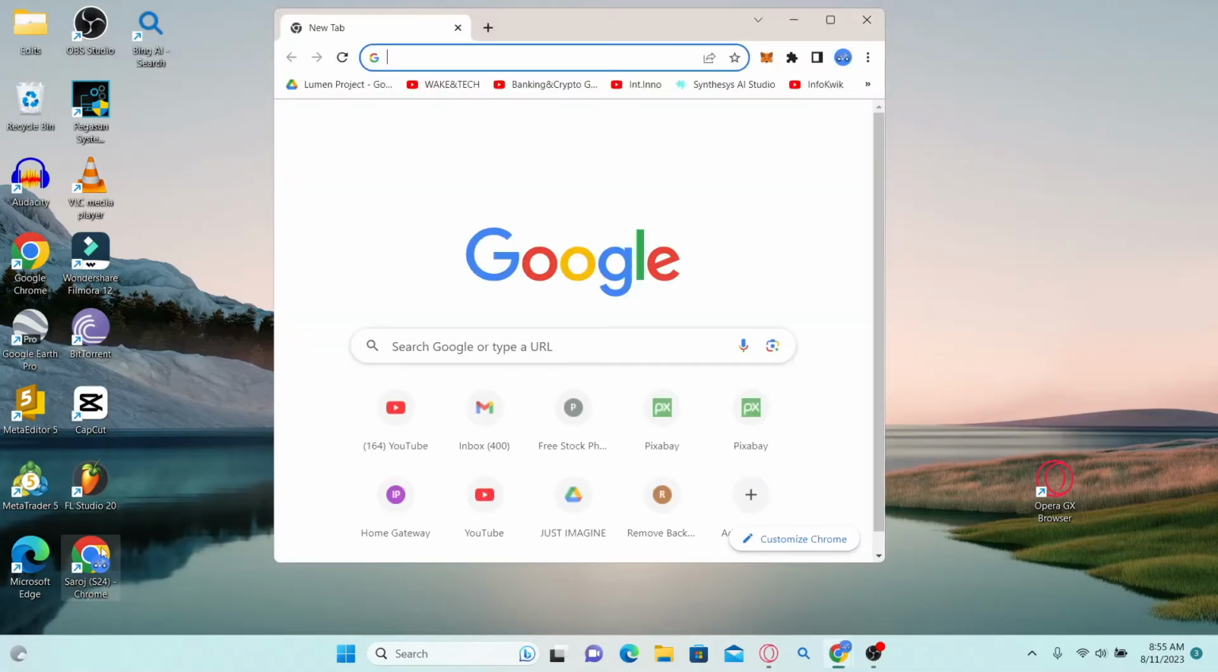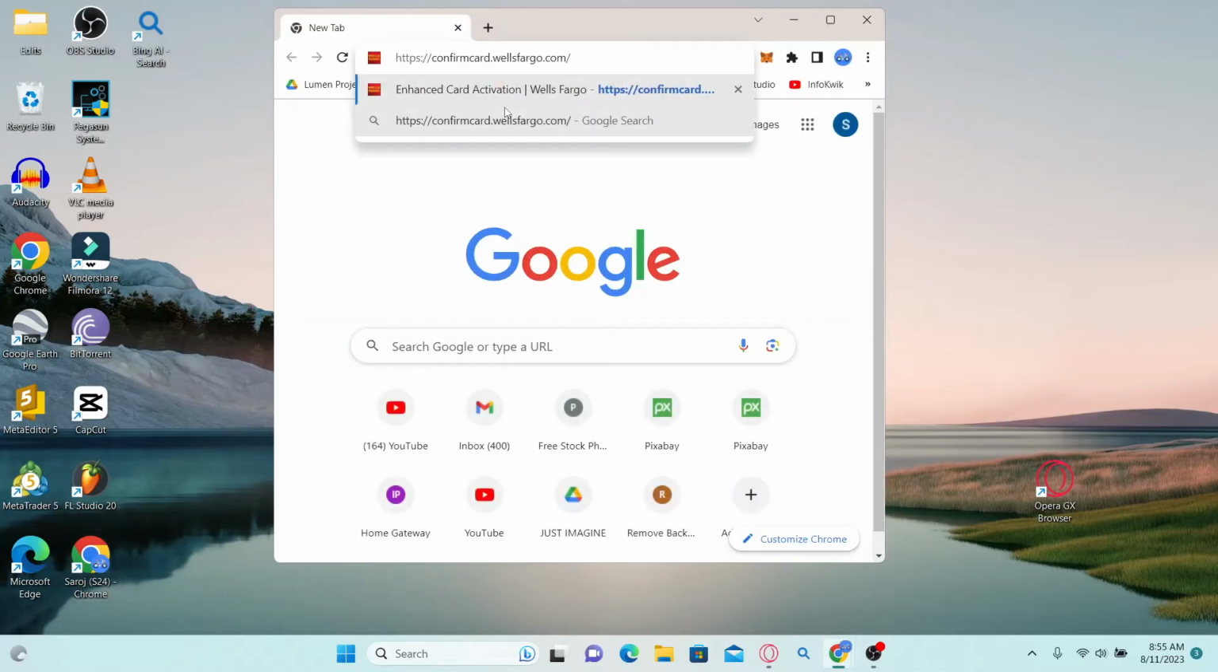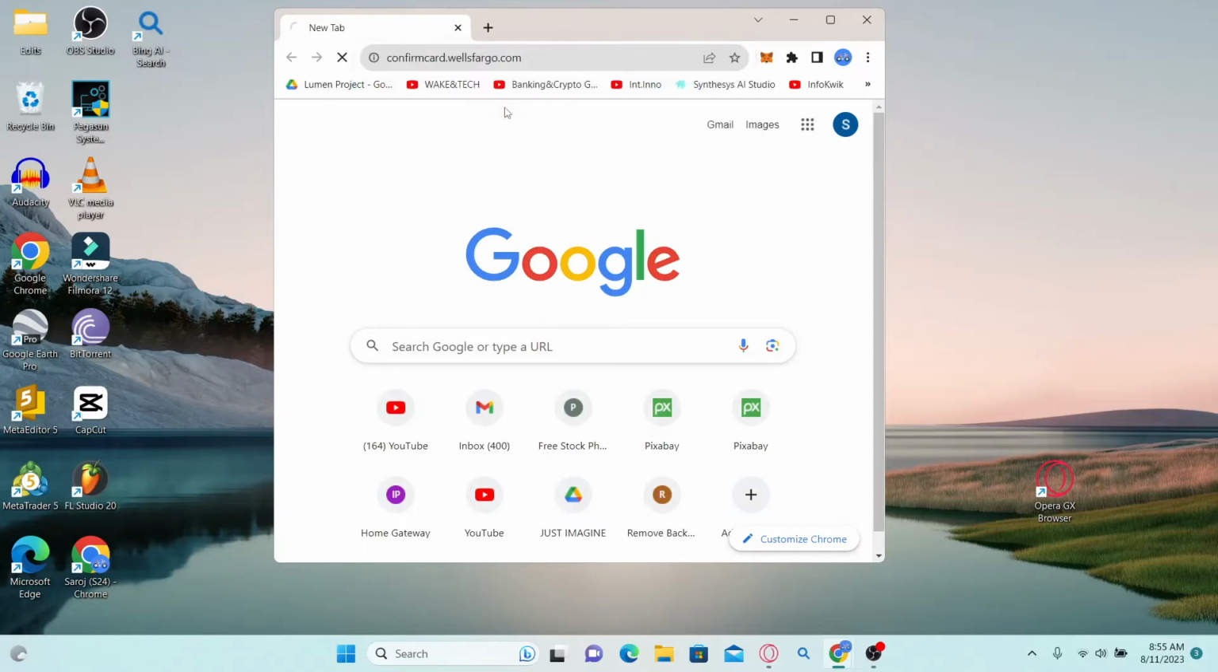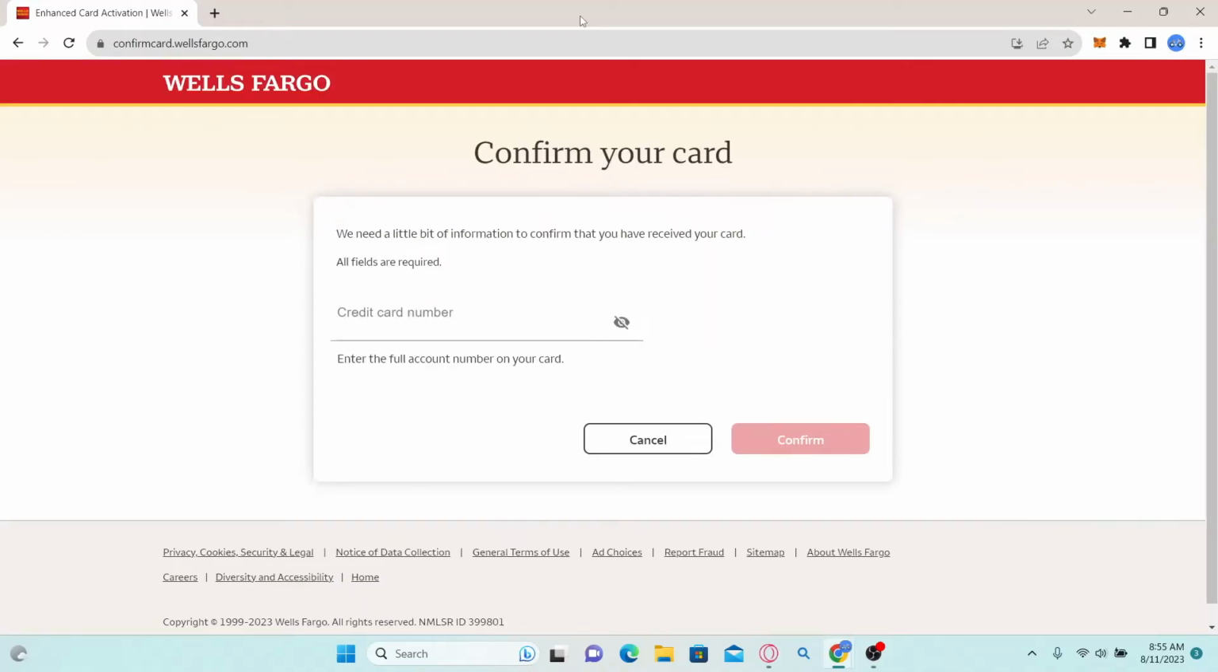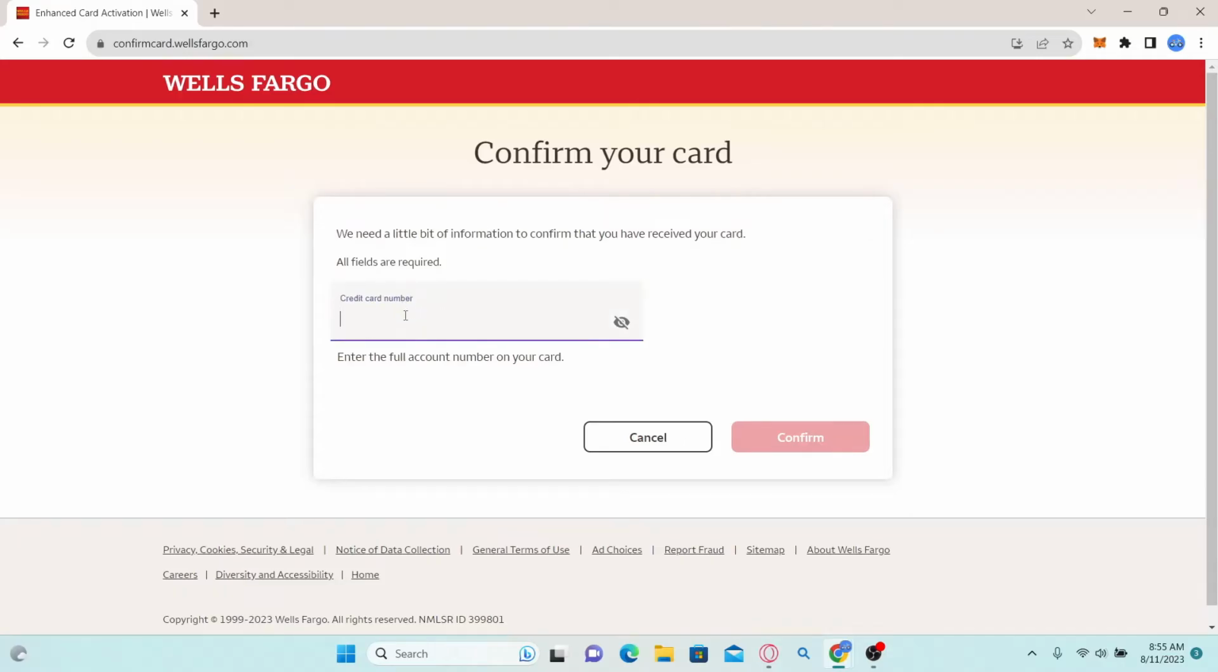First of all, just open up your web browser and now in the address bar simply type in confirmcard.wellsfargo.com and press enter. This will take you into the official website for Wells Fargo where you can directly activate your card. Now since you will directly be taken to the activation page, all you need to do is type